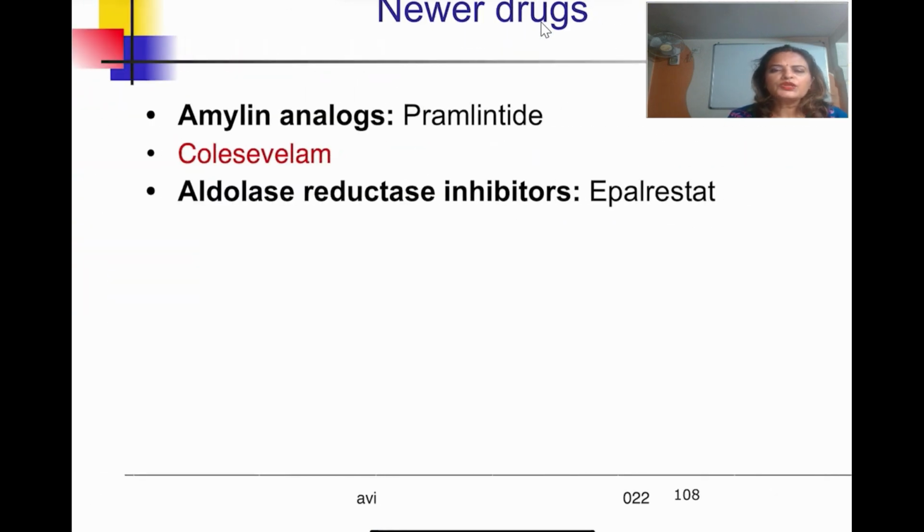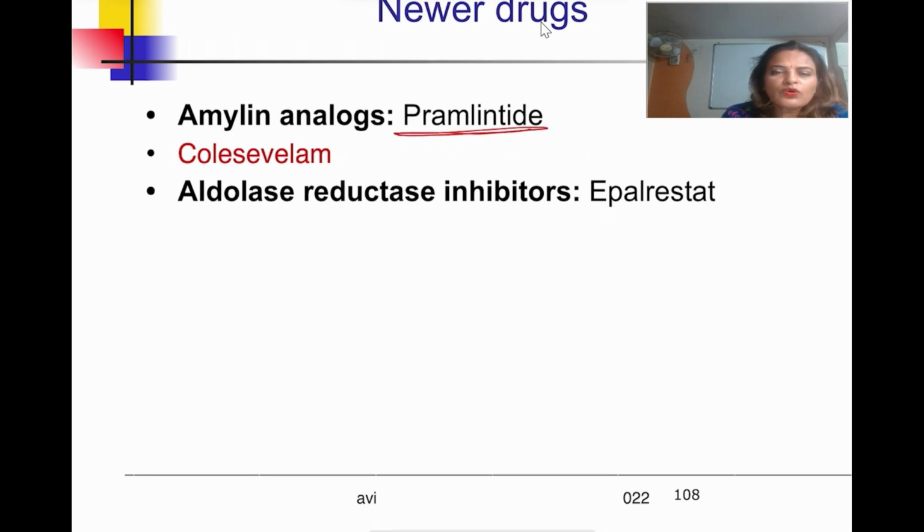And a few other newer drugs: pramlintide, which is an amylin analog, then we have colesevelam, and another one is epalrestat. So these are the three newer drugs. Now pramlintide is an amylin analog. If you remember, in the beta cell, along with the insulin, the amylin is also secreted. So this is going to decrease the blood glucose level, and pramlintide is the only drug